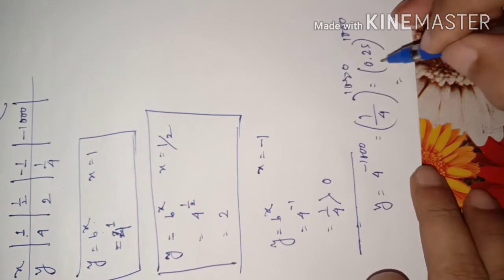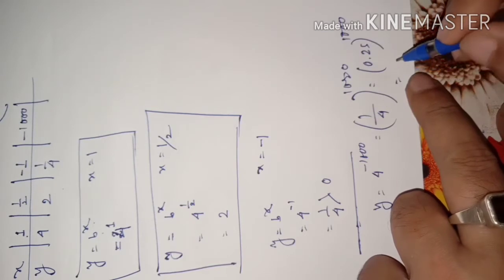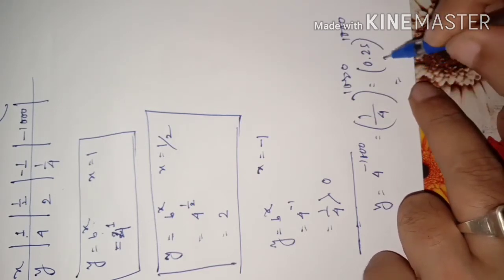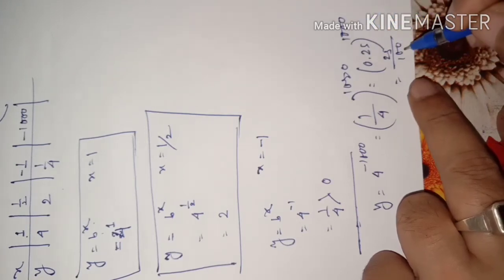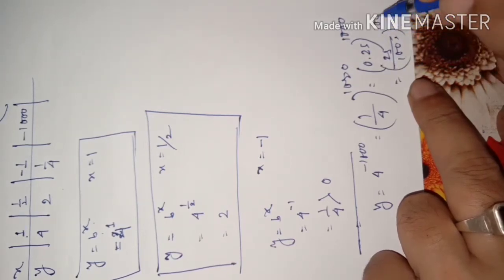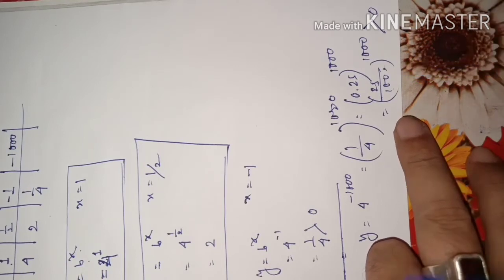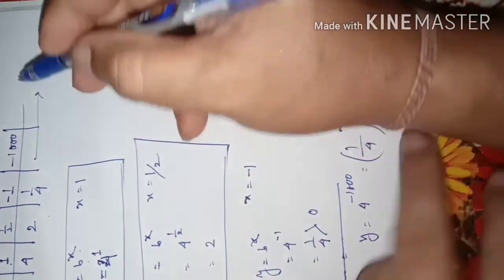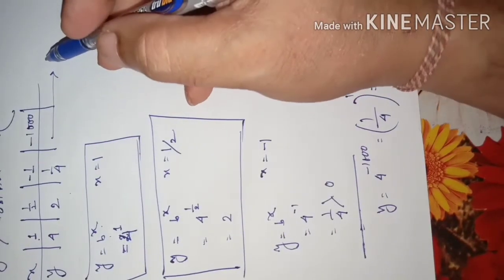Just think, when you raise this 0.25 to a power, or you can write it as 25 by 100 to the power of 1000. Then when you increase the power so many times, so many zeros will come. So this number will again be greater than 0 only. It will be greater than 0, but a very small number. So it will go on reducing. However small you take this x, it will be nearer to 0.